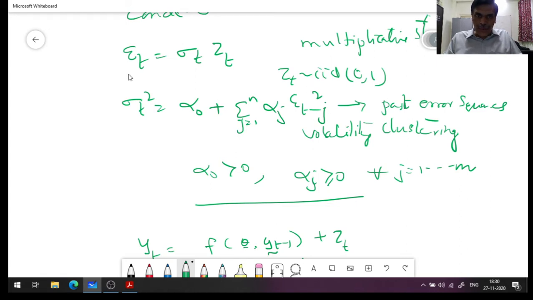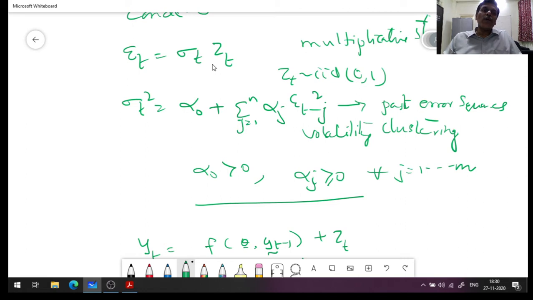This one is observable because this is the same as that, the past values only. Whereas this equation is not like a regression equation, the reason being that I don't have an error here. So this is a deterministic equation. These models are generally called deterministic models. But this is a stochastic equation, like regression, but it is not additive, it is multiplicative.